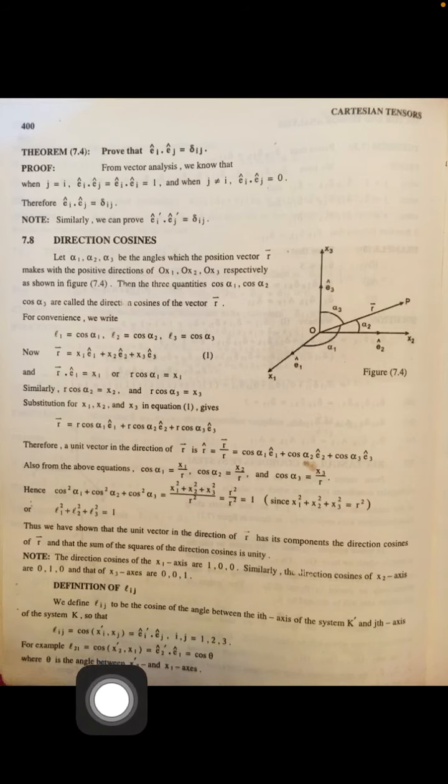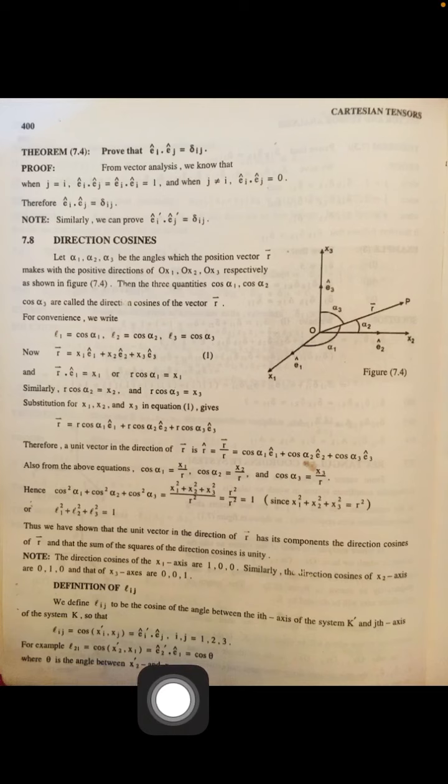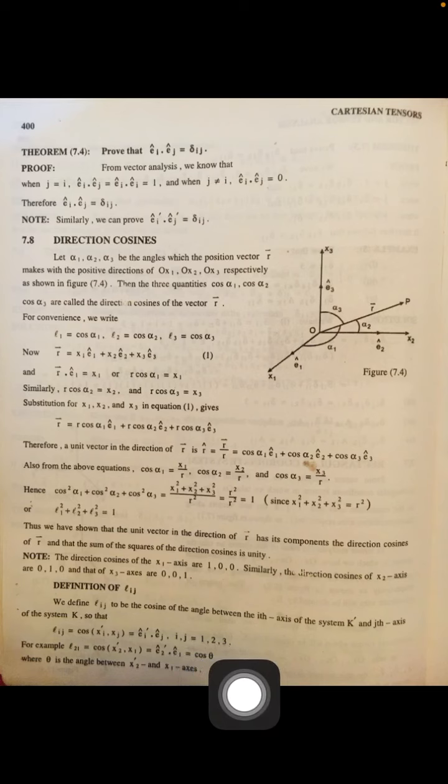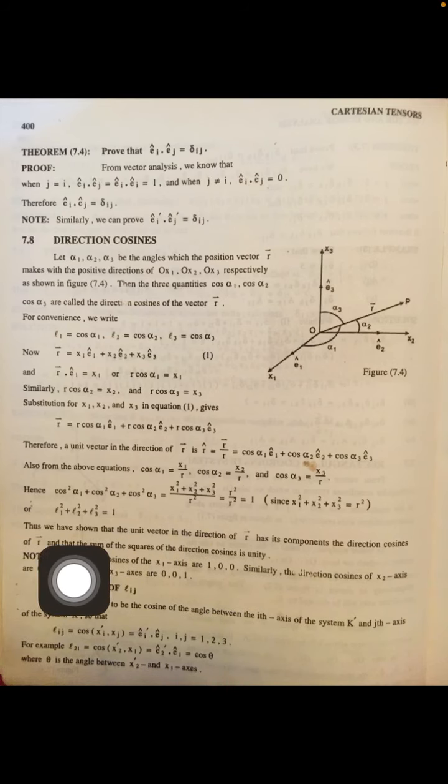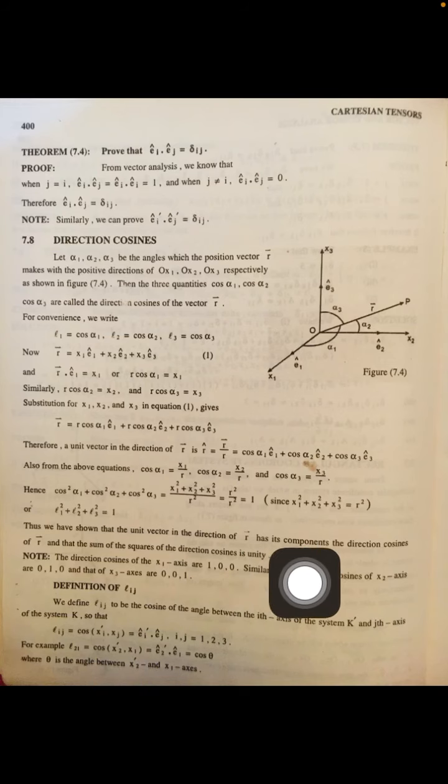For example, if I have L21, then cos of x2 dash and x1 equals e2 dash dot e1, which is equal to cos of theta, where theta is the angle between x2 dash and x1. This is the basic definition of Lij. Now further